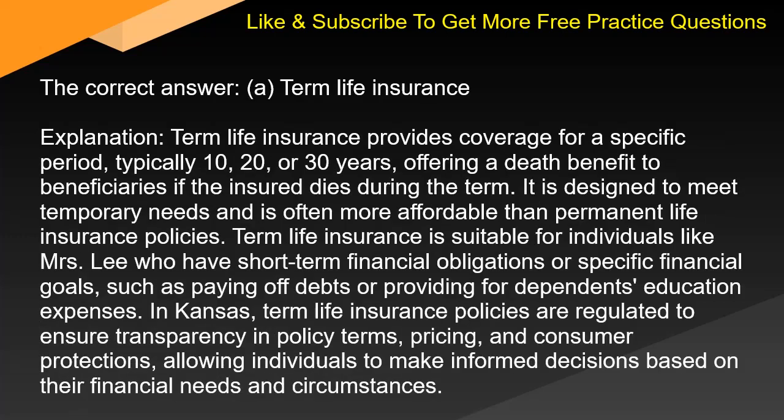The correct answer, A. Term life insurance. Explanation. Term life insurance provides coverage for a specific period, typically 10, 20, or 30 years, offering a death benefit to beneficiaries if the insured dies during the term. It is designed to meet temporary needs and is often more affordable than permanent life insurance policies. Term life insurance is suitable for individuals like Mrs. Lee who have short-term financial obligations or specific financial goals, such as paying off debts or providing for dependents' education